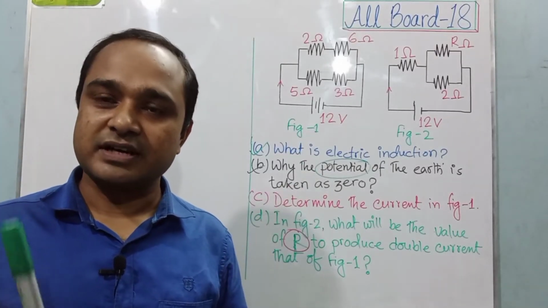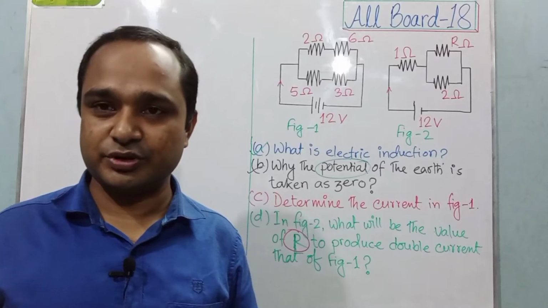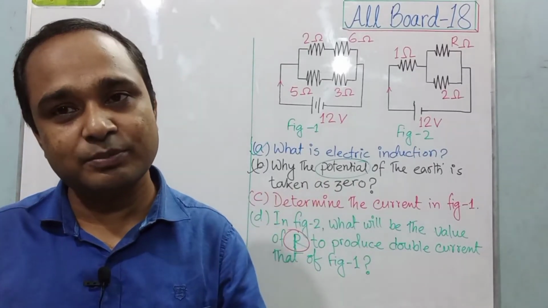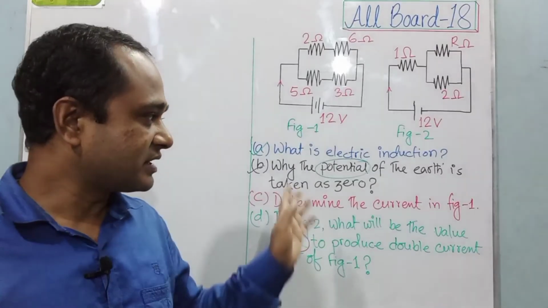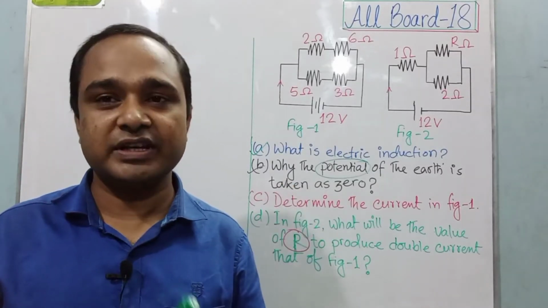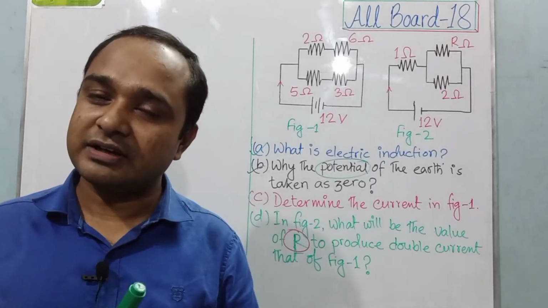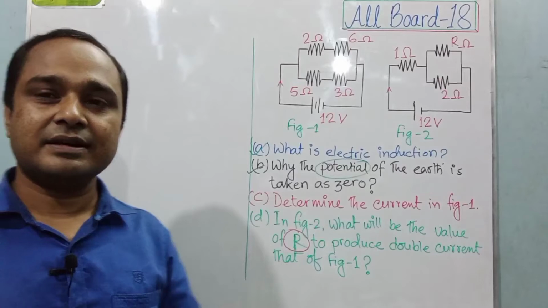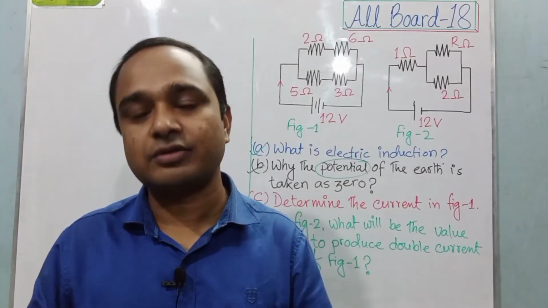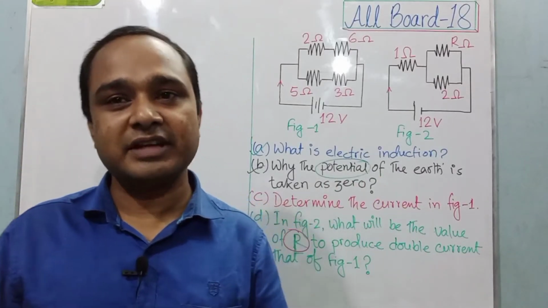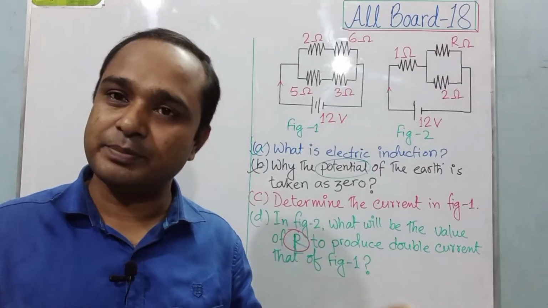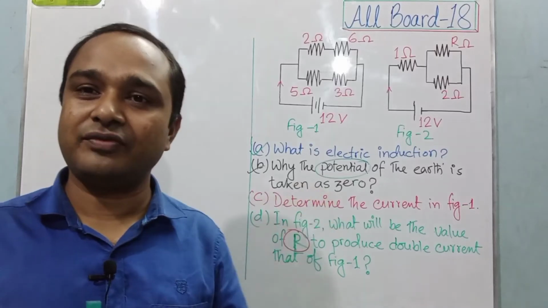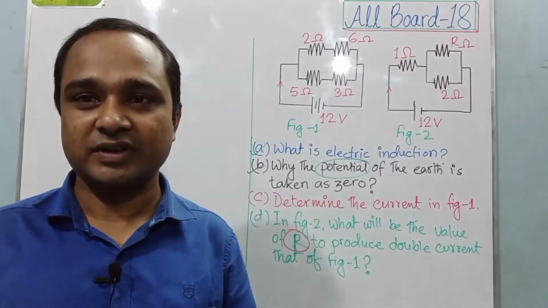Rather, if we touch the earth surface with a positively charged body, then the earth surface will provide sufficient electron to neutralize the positively charged body. Or if we touch the earth surface with a negatively charged body, then earth will absorb the sufficient electron from the body to neutralize it. Earth is a huge sphere or huge conductor. So whatever the amount of charge we give to the earth surface or pick up from the earth surface, the potential of earth will not change. That's why the potential of earth is considered as 0.